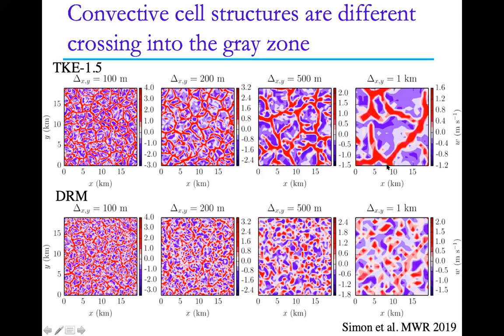So somehow these eddy viscosity models are compensating by creating these large structures, but they're not physical. So I would argue that even though they look like they have the same shape, they're not actually correct at that resolution. Yeah. And certainly what you showed, the cloud cover difference between these, I think, makes a good case for the DRM too.